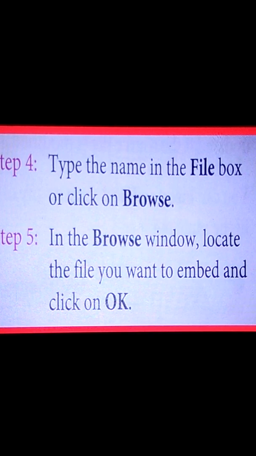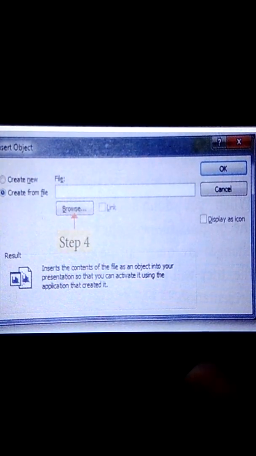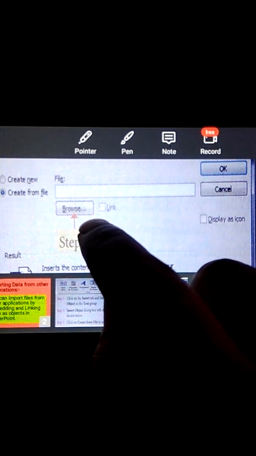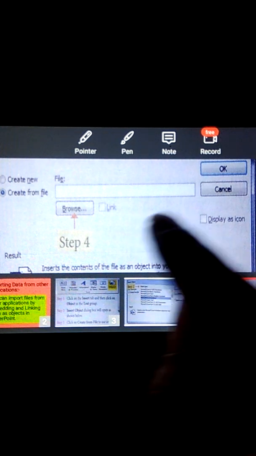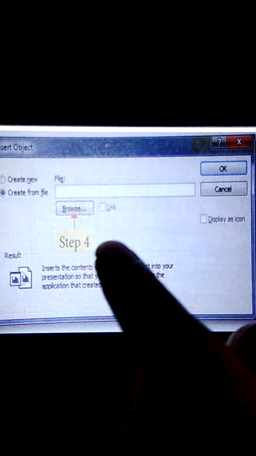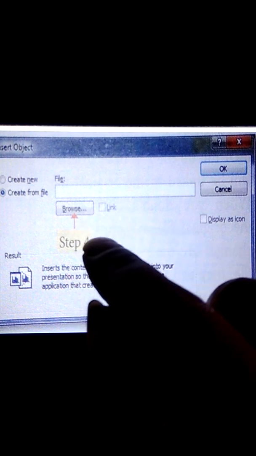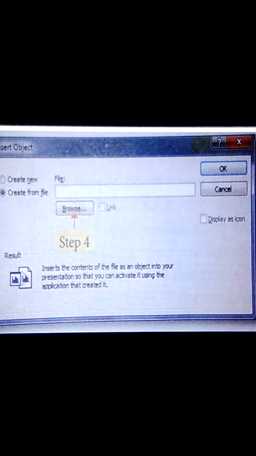When you click Create from file, the Browse option will come. You will click on it in step 4, and it will search the file, and then you click OK.